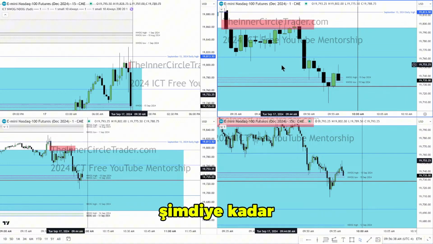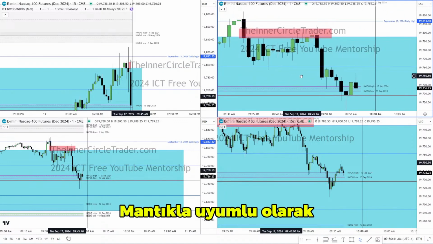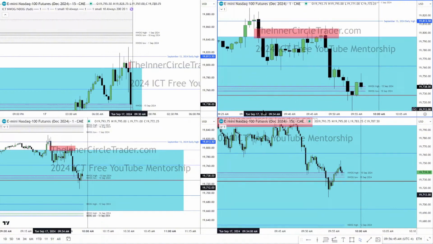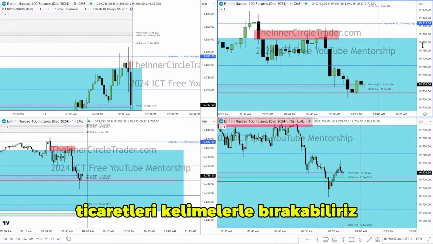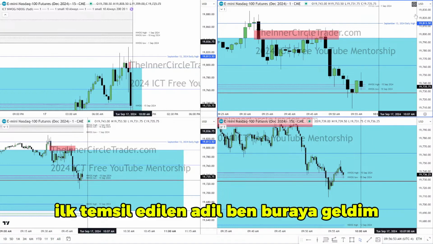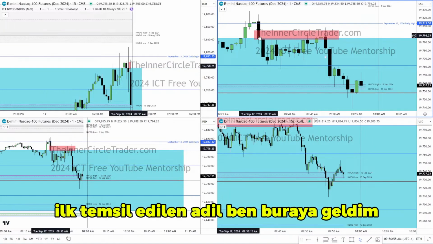So far, keeping with the logic, we can let trades go. In other words, you can see them coming, you see them formed, set up, all that business. First presented fair value gap here,